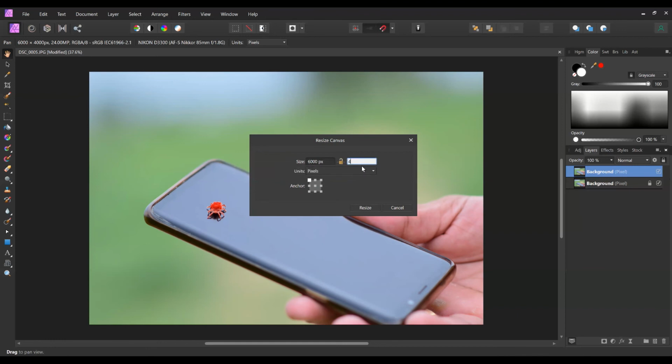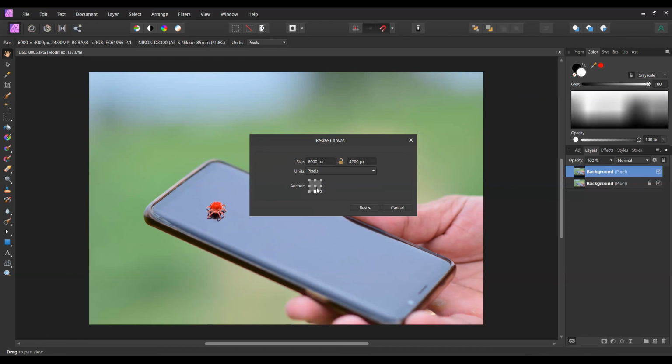Now I'll change it to 4200 first. Then the most important thing in resizing canvas is the anchor portion. Basically, the anchor helps us decide which portion we want to extend and which portion we want to hold on to. So if I click on the lower portion of the anchor, that means I don't want any change in the lower portion.